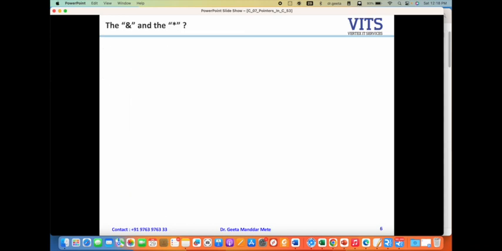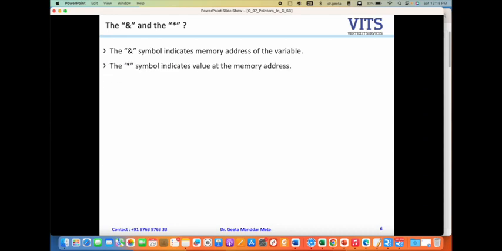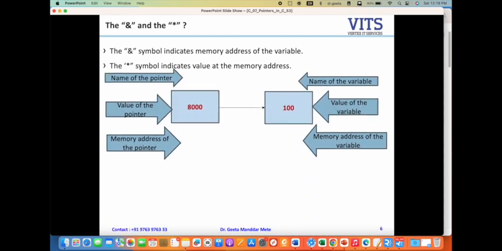Now let us understand what is the significance of ampersand and star symbol. So ampersand symbol represents memory address. The star symbol represents the value at that memory address. So based upon our last example with respect to age and PTR, if we have to find out what is the